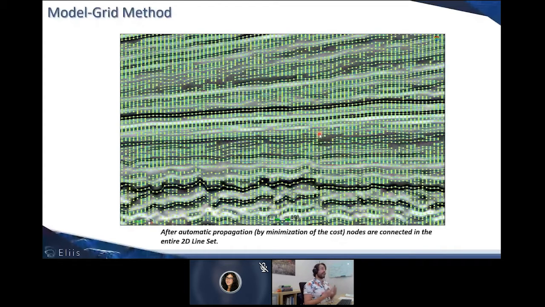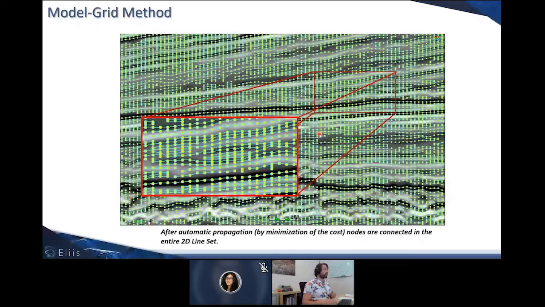And this library is called the model grid, the 2D model grid, and it can be refined in order to organize the geological correlations. And it can be used later towards the creation of a 2D relative geological time model. So here is the zoom in of the model grid in order to appreciate the connections between the nodes.